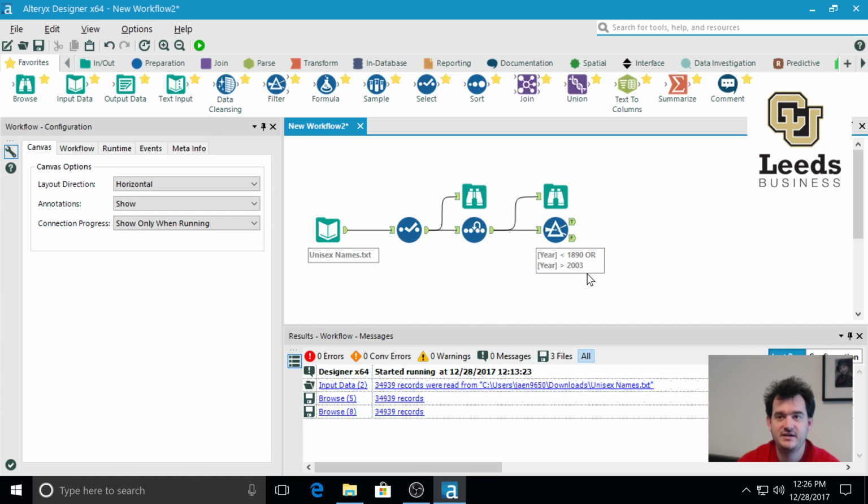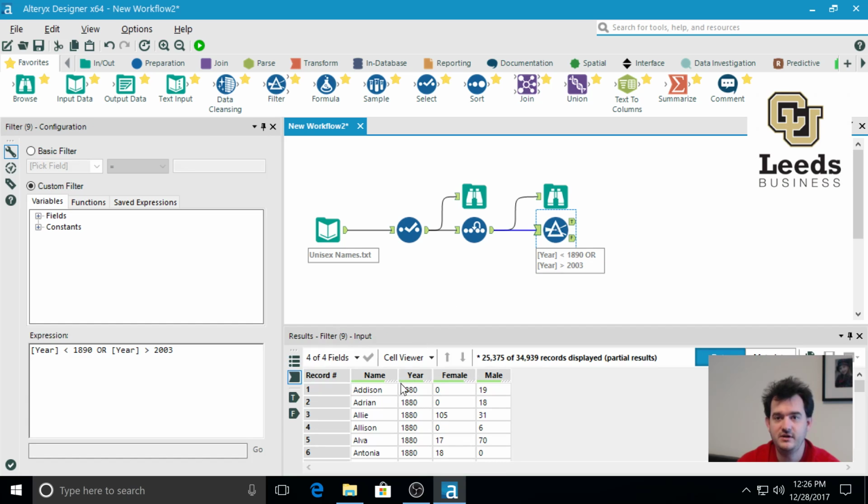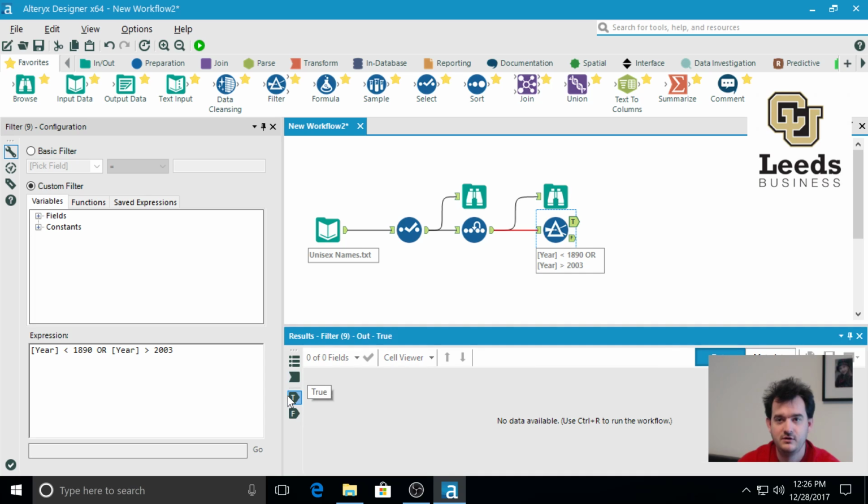Alteryx will go and summarize this, and we can take a look at this, and of our data that is loaded in our little preview, we can click true or false and see that nothing happens until we run the workflow. Once we run the workflow,